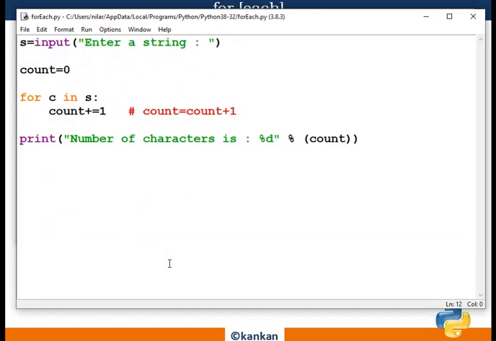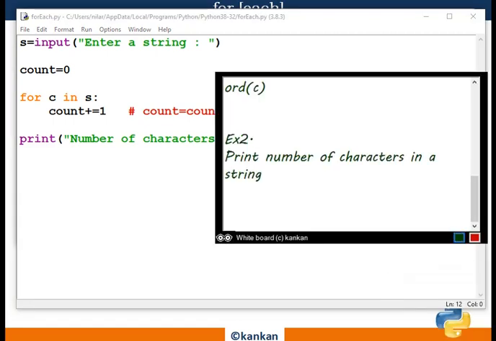So this is about the program. Okay, one by one we will go for the harder problems.